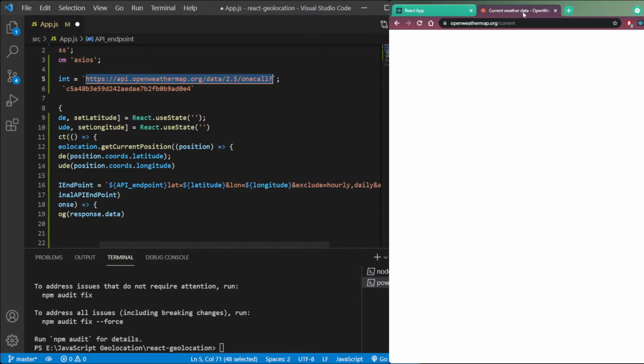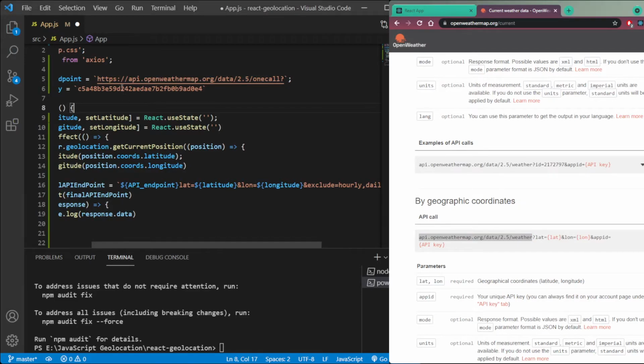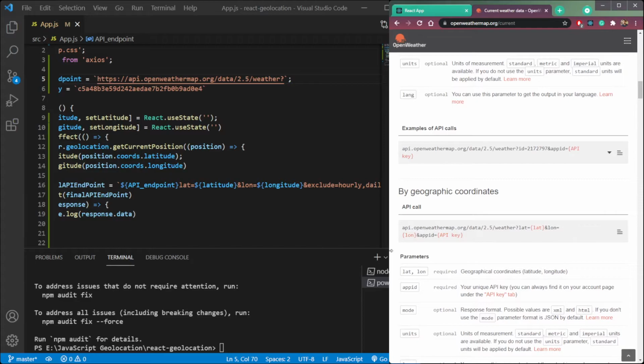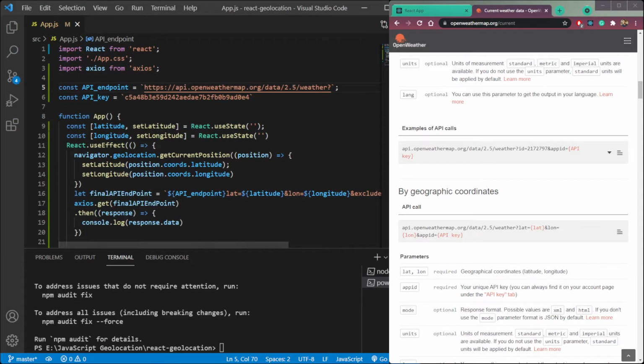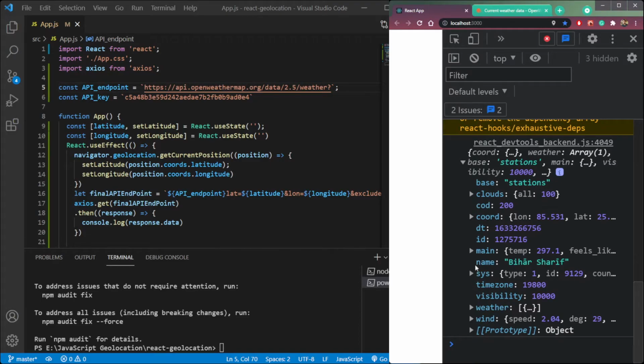Okay, we need to use HTTPS. So just copy this till weather, and we don't need to replace HTTPS, leave HTTPS. So now we are using this correct endpoint. These are very small mistakes but important to look at. Now we are getting it. So we are getting the data based on the need.